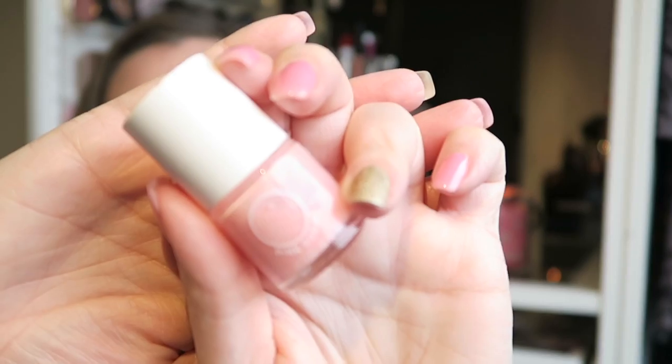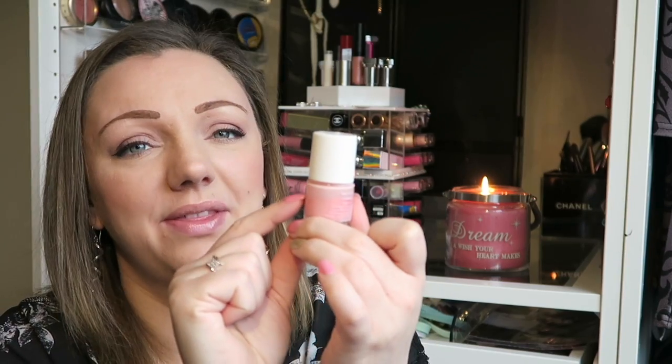So the second nail polish I'm getting rid of is this one. This is a Soap and Glory, and it is called Pink Soda. I've used quite a bit of this. Once again, it's a fantastic colour. It takes about 4 coats to get it looking that colour,